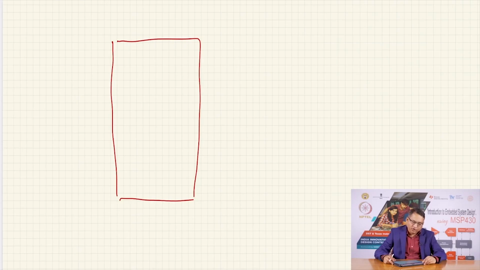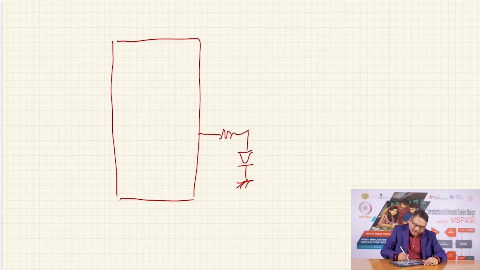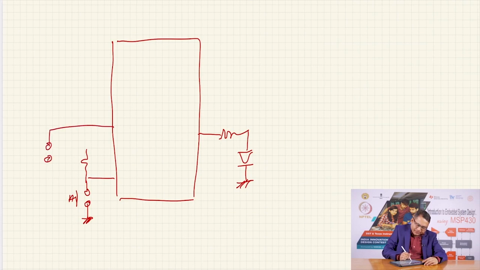What we want to show is as follows. We want to have an LED like this, and in fact we are going to use the existing LED on the launch box, but we want to connect 3 external switches with pull up resistors. One more, here VCC,